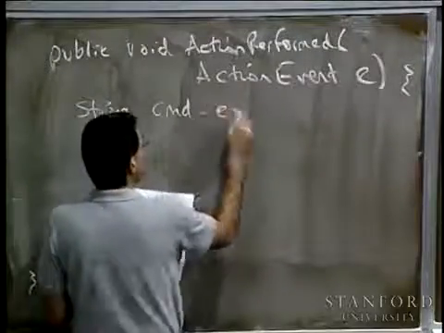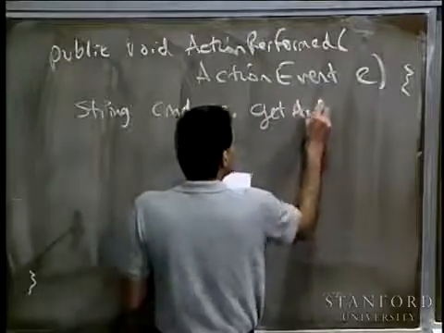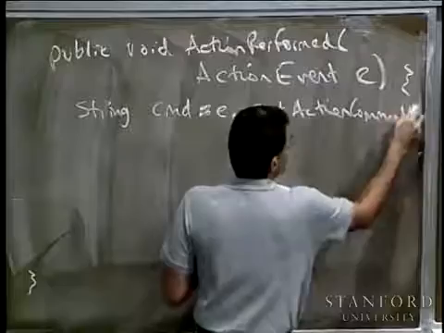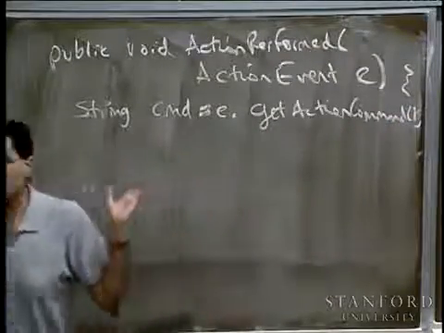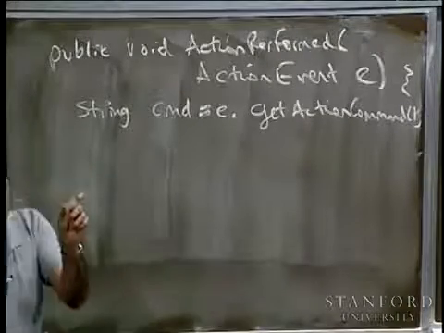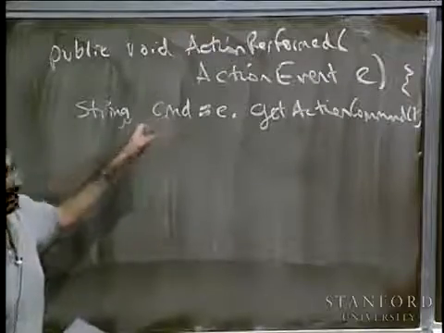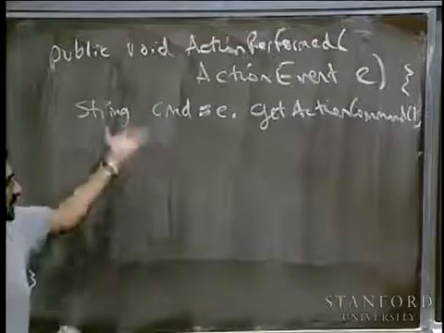So here I would say E dot command equals E dot get action command. What get action command does is just a method of this action event that returns to you the name of the interactor as a string, and button names are basically just whatever displays on the button. So then I can have some ifs in here based on this command. If command dot equals, and I can check for some name,